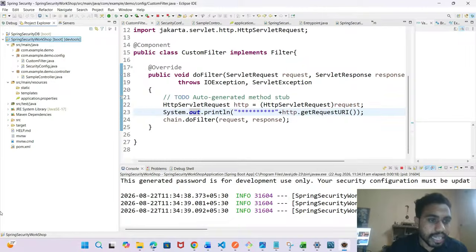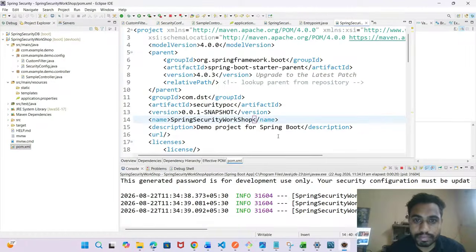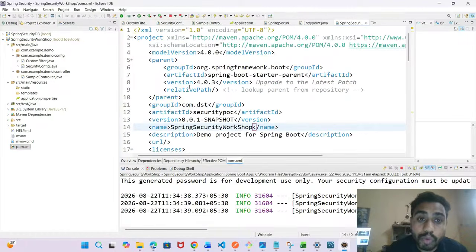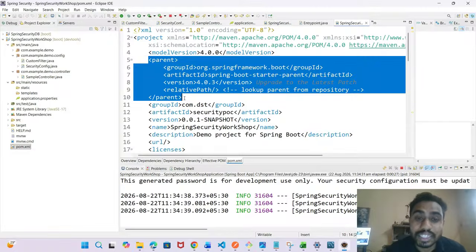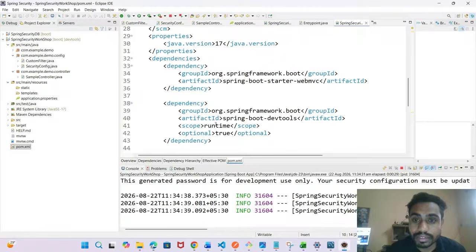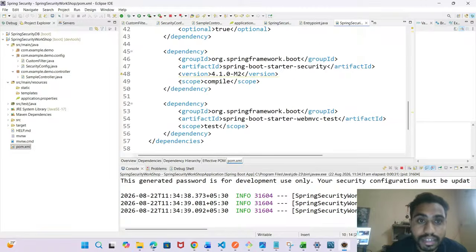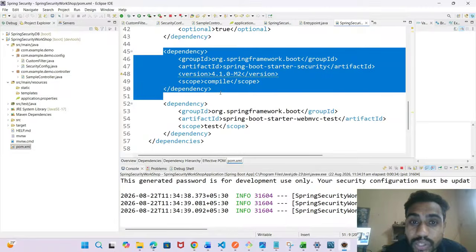Now you see, guys, in the POM file, we are using 4.x, parent version 4.0.3.